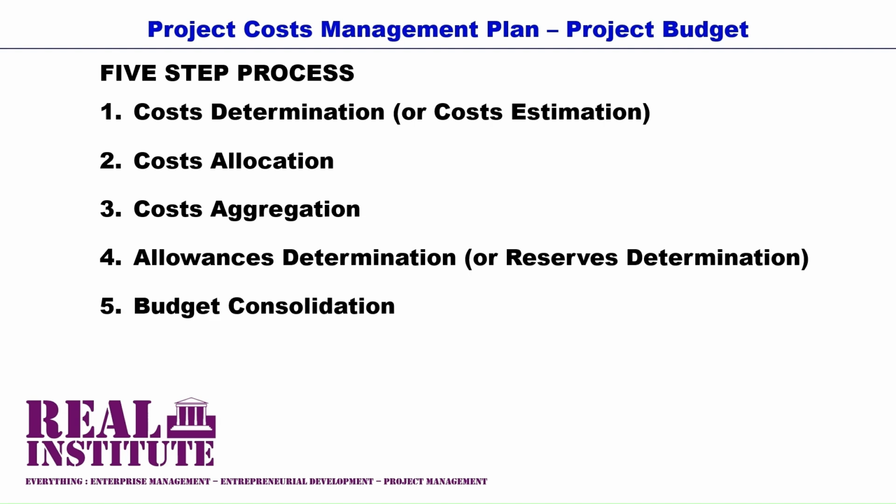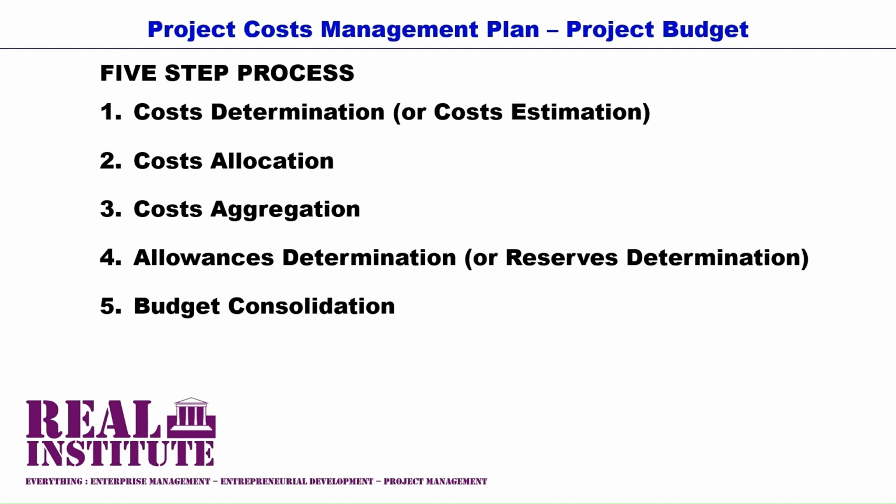Therefore, project cost management planning or project budgeting is the process of determining or estimating the cost of individual project activities, allocating the determined or estimated cost to individual project activities, aggregating all costs that are allocated to individual project activities into direct consumables costs, also into direct labor or human resource costs, and also into indirect or overhead cost aggregates, then further aggregated into project phase aggregates, and lastly aggregated into project aggregate.